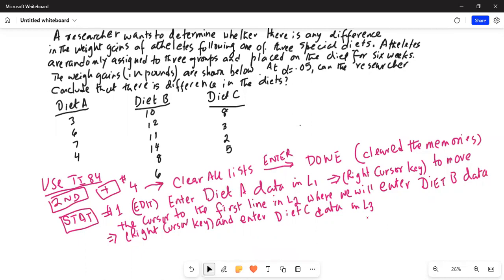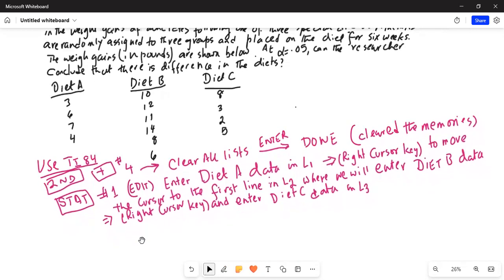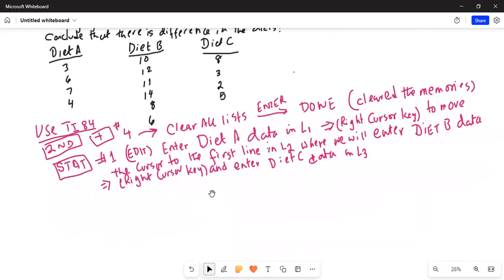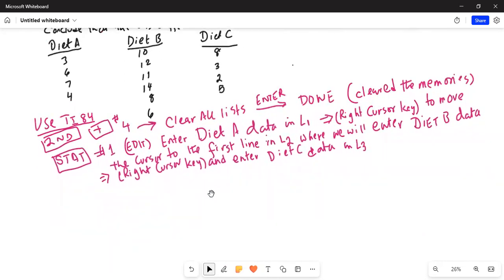Now I will show you how to do this calculation 2 ways. First, I will show you the long process of the real calculations. Then I'll show you the easy process, if you have a TI-84, that is. So let me move this further up. Okay. So once you enter the data, then you do stat,